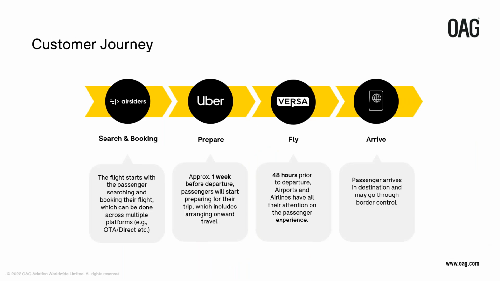the first step we're covering is travelers, where they begin to search for their destination and flights. And of course, this search can happen in a number of ways, whether it's traditional travel agents, meta search, online travel agents, or direct with the carrier. And of course, once they've found the right flights at the right price, travelers will then look to book their flight.